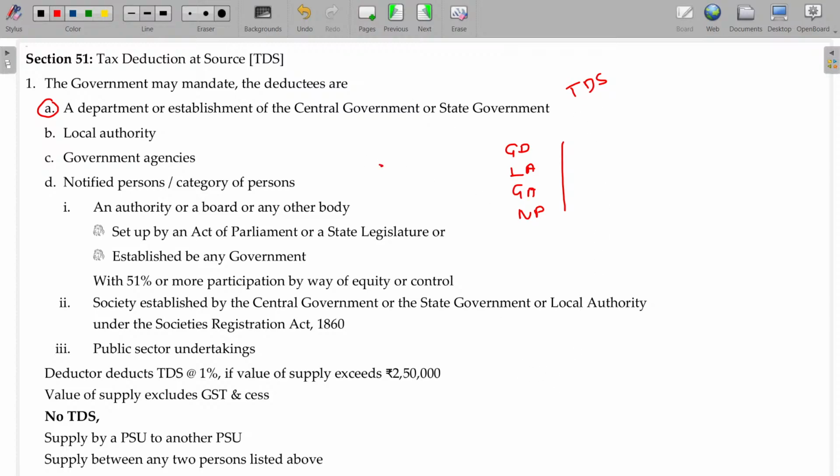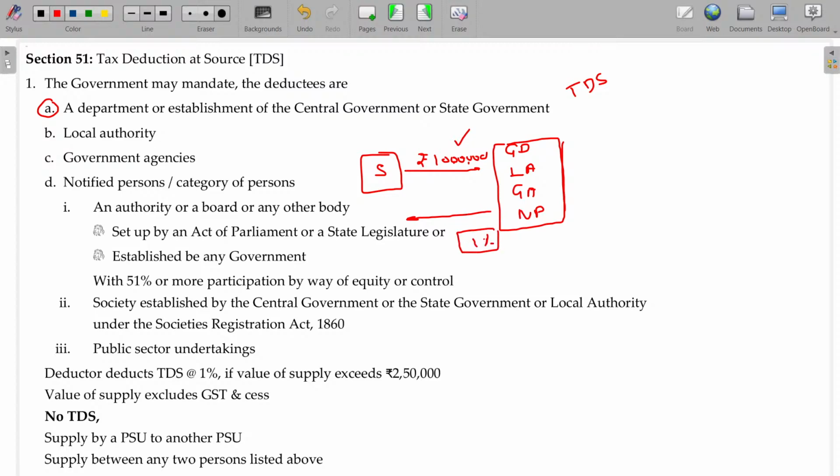Okay, the supplier, the recipient being government departments, local authorities, government agencies and notified persons. Value being 1 lakh. I make it 10 lakhs. Okay, 10 lakhs. Government departments, local authority, government agencies and notified persons. As the supply value exceeds 2.5 lakhs, while making the payment, they have to deduct at the rate of 1%